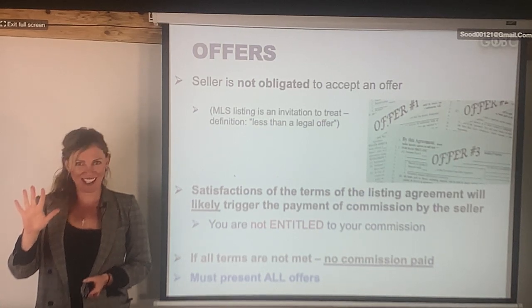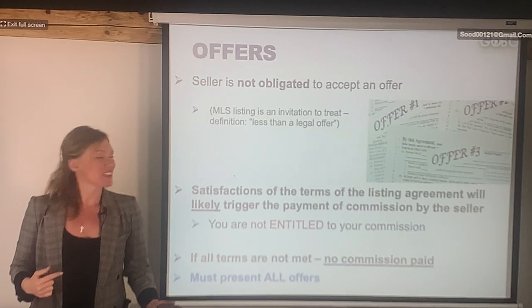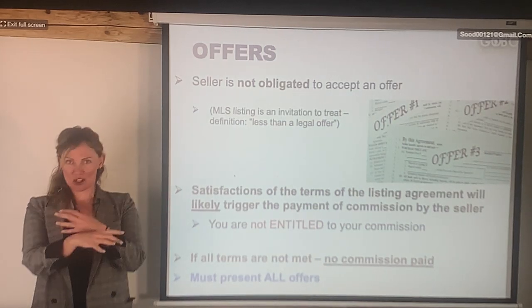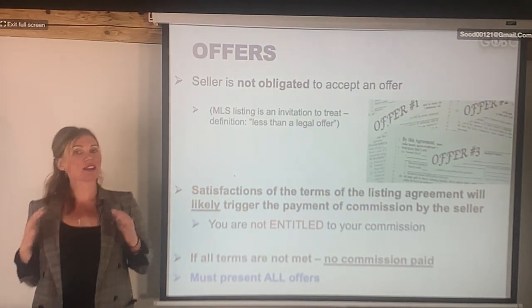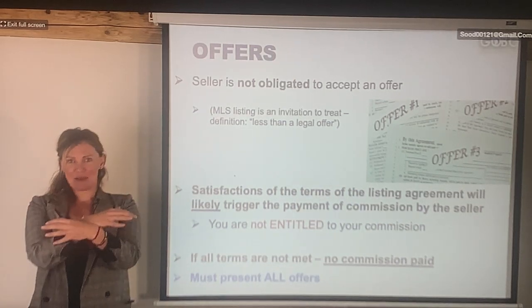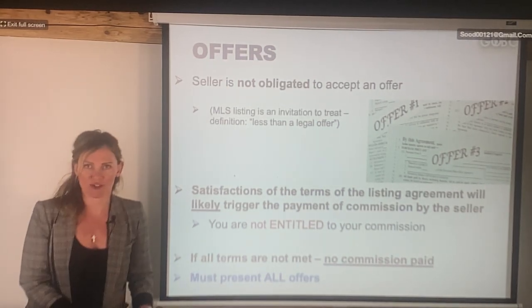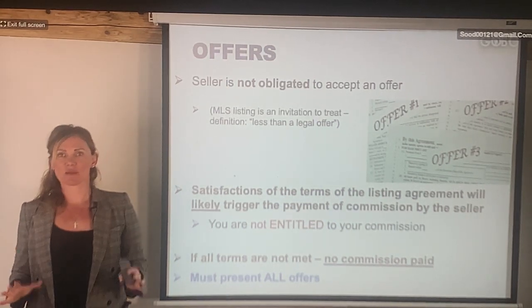Please say 5. Because do you have the rights as an agent to make decisions on behalf of your seller? You have no rights. We are the matchmakers. We match them up. That's all we do. We don't make decisions on behalf of the sellers. We don't make decisions on behalf of the brokers. All we do is like a mediator in the middle, right? It's just kind of helping them, advising them, but we don't make decisions. So if they give you 5 offers, you present all of the offers, right? That is one of the questions they're always going to test you on in the exam. Make sure that you understand that.